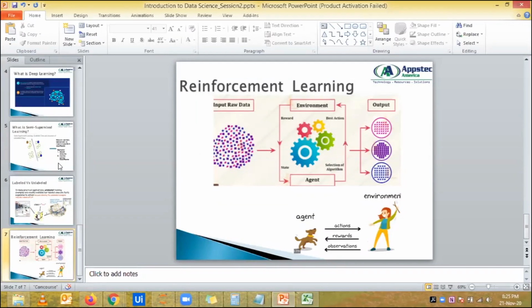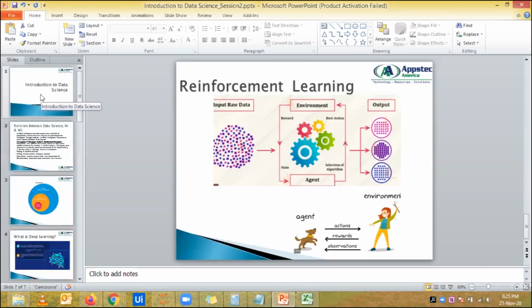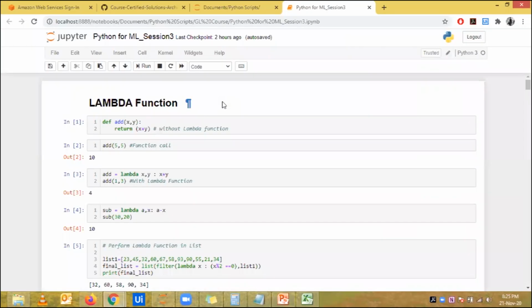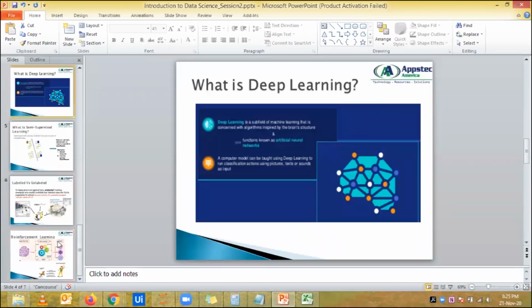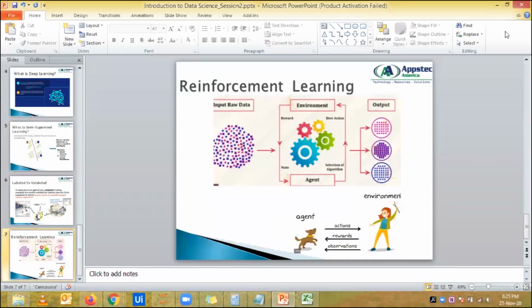So we have extensively spoken about the various approaches. Today's session, I'm going to quickly go back into the Python exercise just to have a little bit of hands-on. I would be sharing this presentation with you. You can go back and check the concepts that are discussed. If you have any questions, you can let me know, and we can go back and discuss that specific part once again. But this extensively covers the entire concepts of data science from a theoretical perspective.